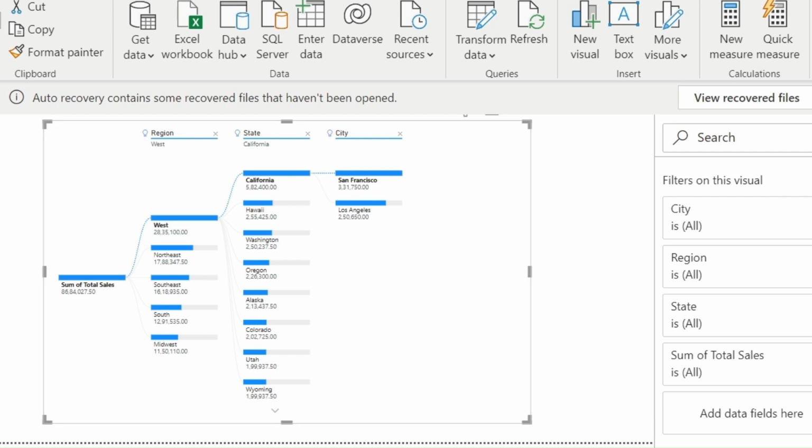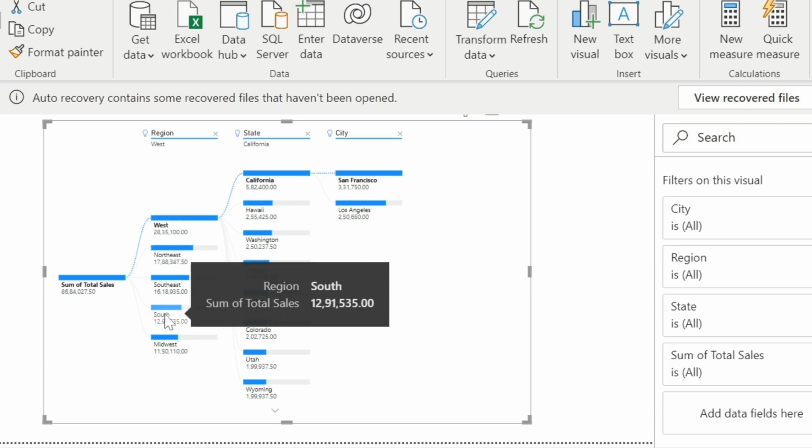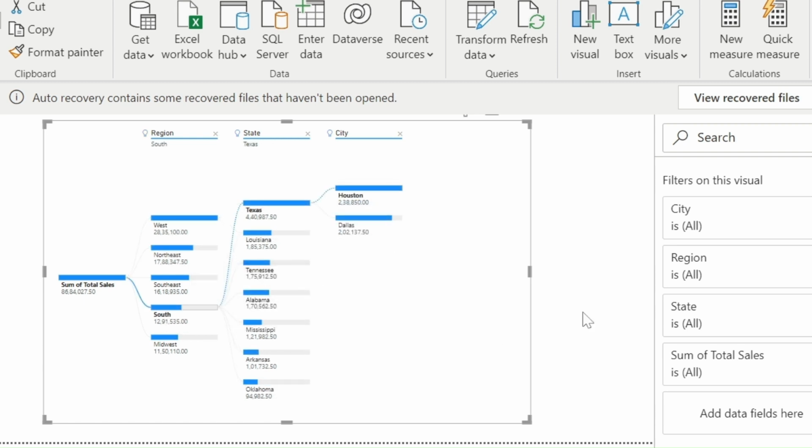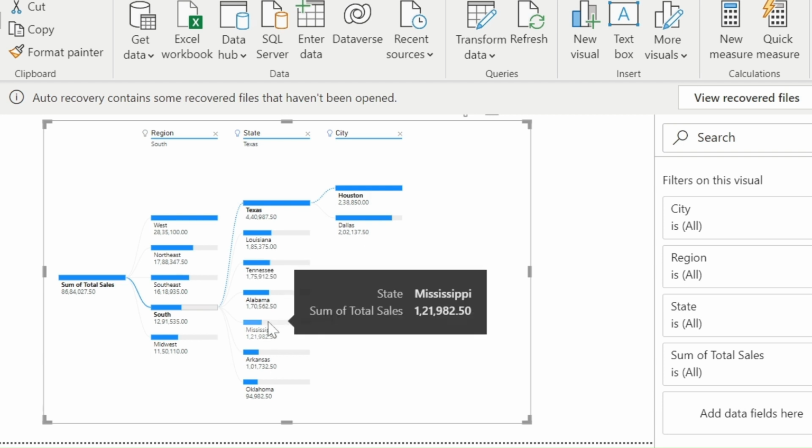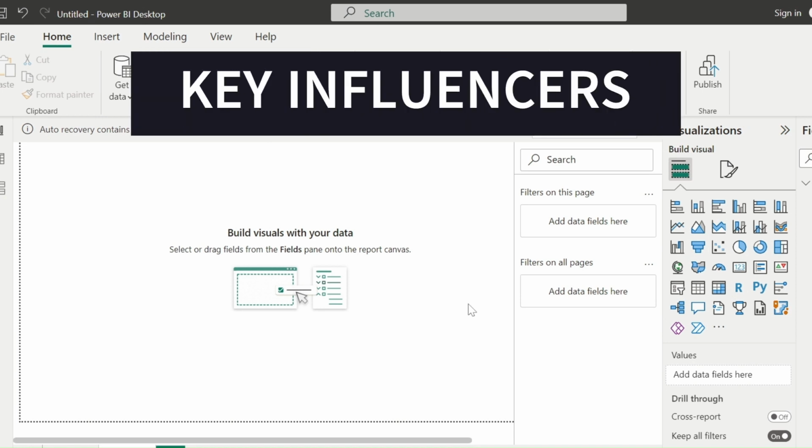Similarly, instead of looking at the West, let's suppose we are interested in the South this time. We'll simply click on this and we're gonna get the full breakdown dynamically as well. Next up, we have got the key influencers, which, similar to the decomposition tree, allows you